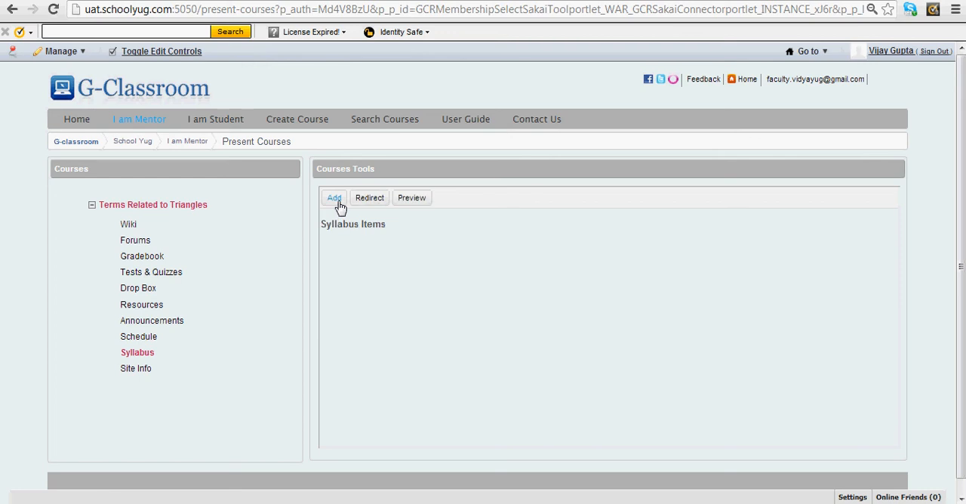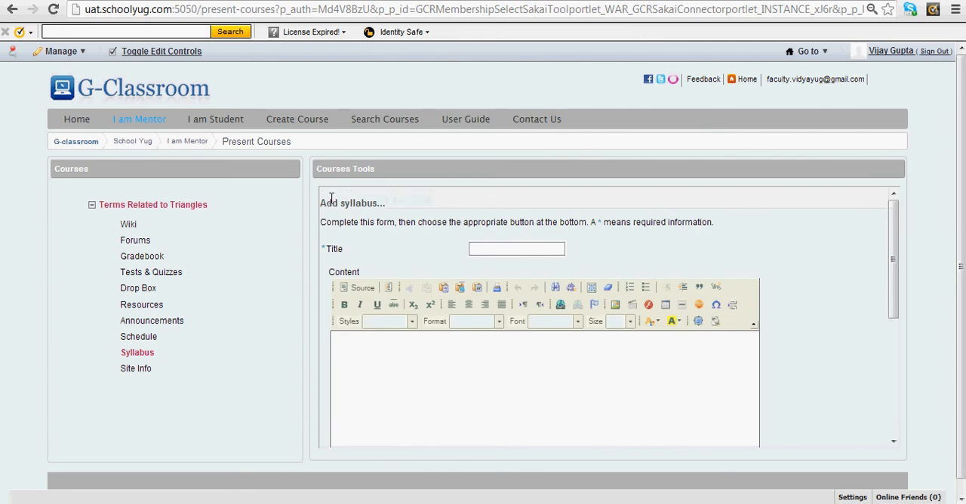We will be able to see three buttons here: add, redirect and preview. The add button is useful to add the syllabus. Redirect is useful instead of giving the syllabus here, you can give the URL which is given by the university as the syllabus of a particular course. Preview, we can see a sample of the syllabus course. So let us click on add. When you click on the add button,